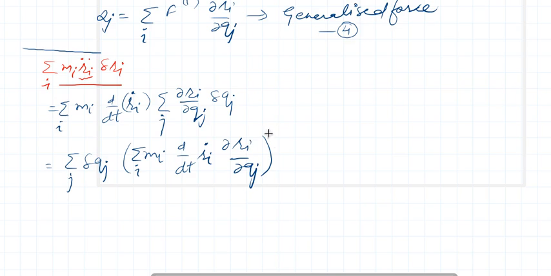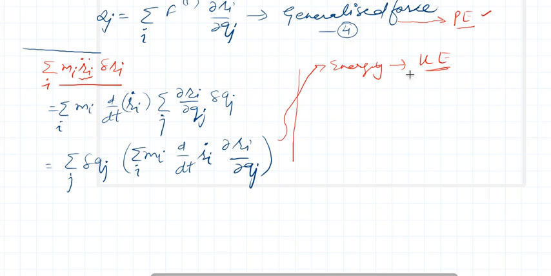Now to incorporate energy, let us proceed as follows. To incorporate kinetic energy, because kinetic energy relates to velocity, that's why I am using this part. And in the case of generalized force, I will try to incorporate potential energy. I will talk about it later on, but first of all, let me reframe this equation so that I can incorporate energy into it.